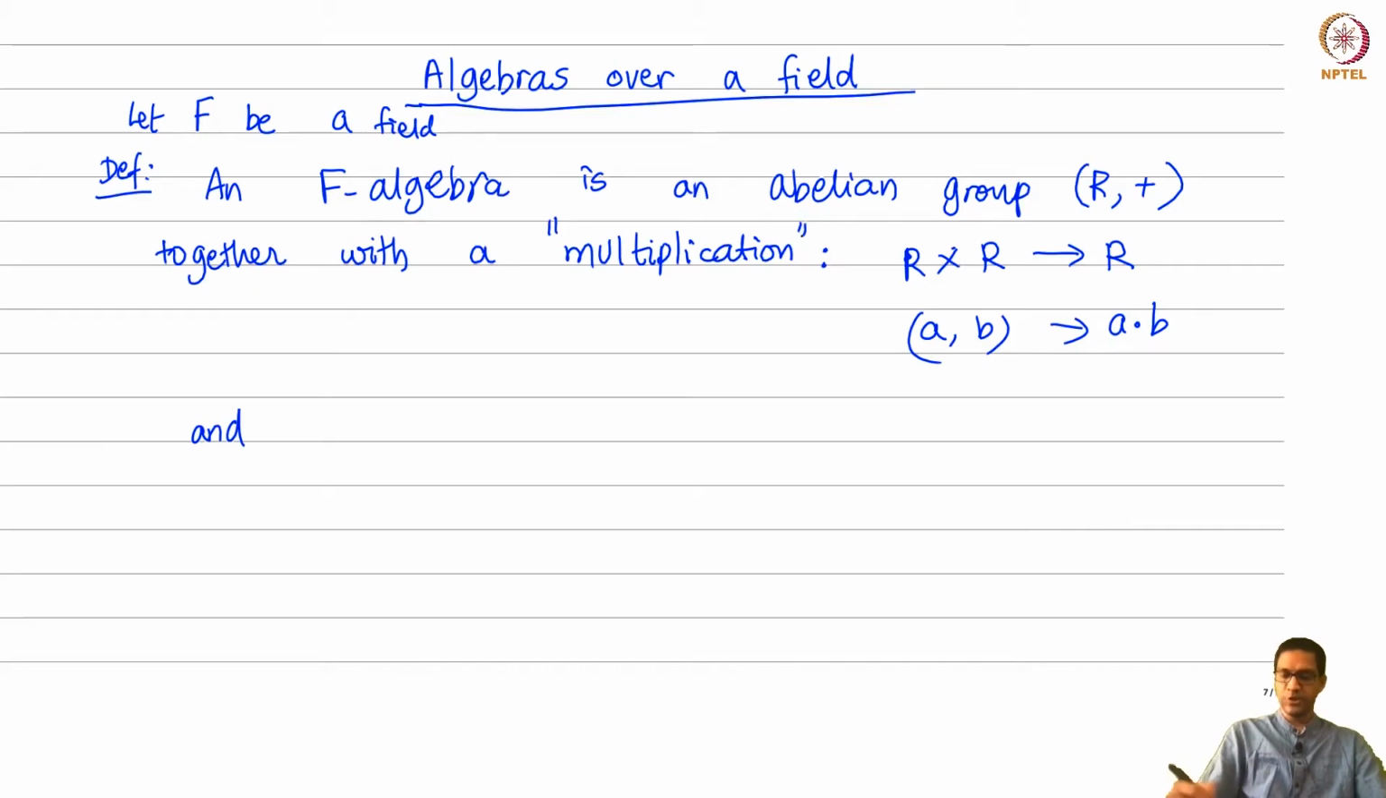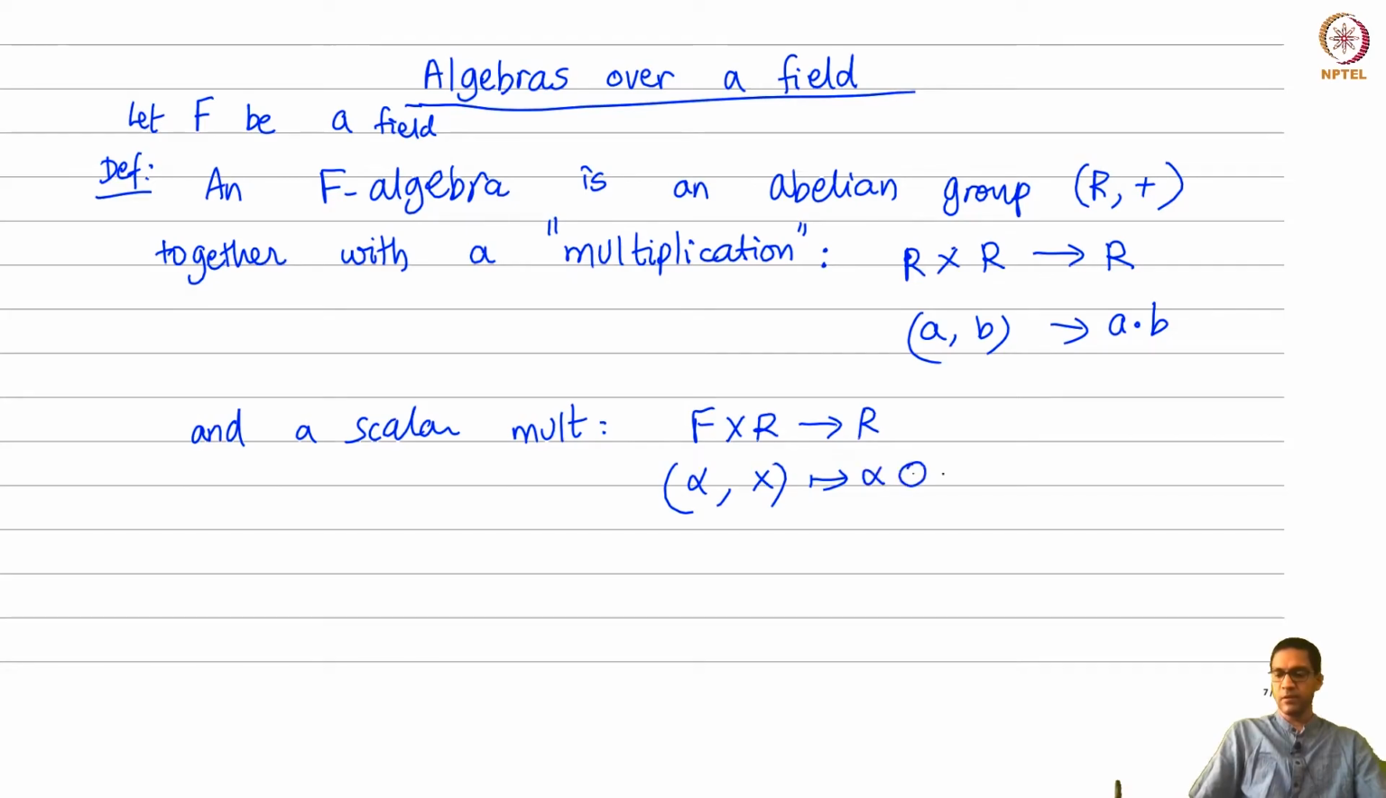So with a multiplication map and a scalar multiplication map. What's a scalar multiplication map? This is a map from the field cross R to R: given a scalar alpha from the field and an element x from R, it maps it to some element of R, which is alpha, let me put a circle dot x. So I'm given two maps at the moment. I will tell you what the axioms are, but at the moment I'm just calling these maps by these names: a multiplication map and a scalar multiplication map,